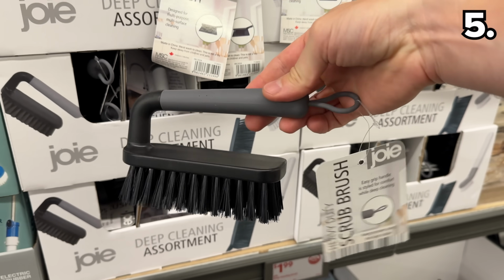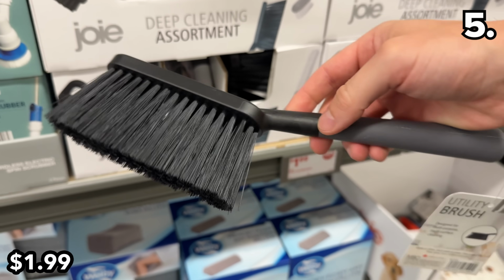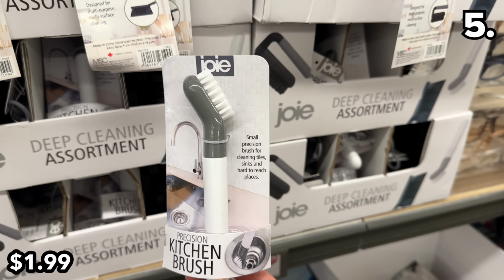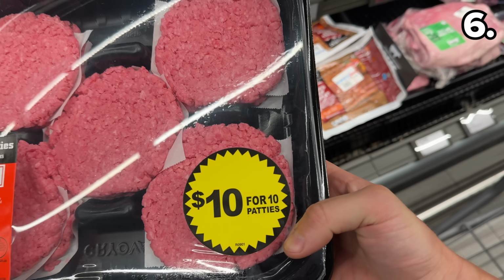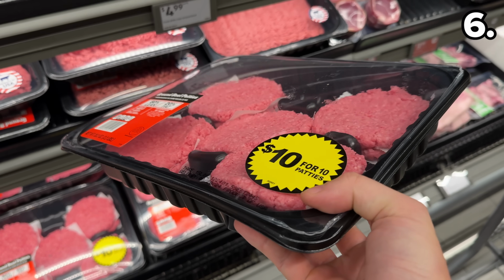Speaking of cleaning, this new range of deep cleaning brushes at $2 have an excellent variety of styles, like a wine glass ready brush or a precision one appropriately shaped for those smaller, more annoying to clean crevices around your sink or grout. Point 6 begins with a brand new food find: 10 ground beef patties, appetizingly priced for $10